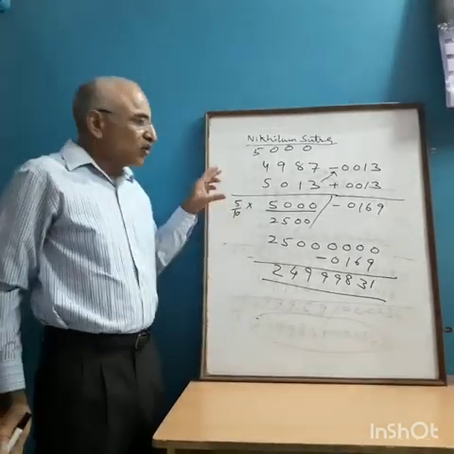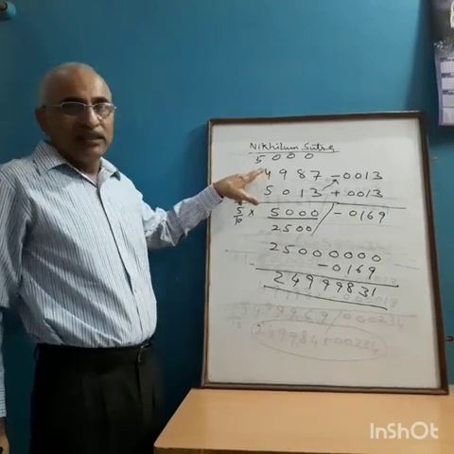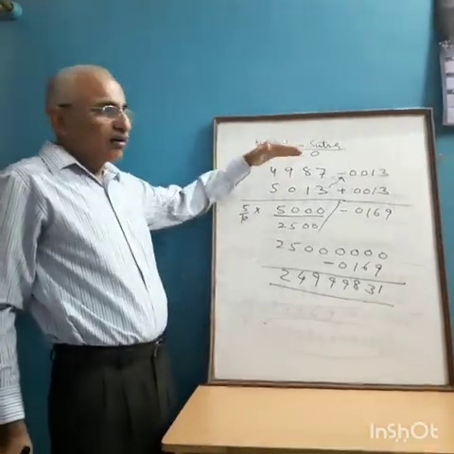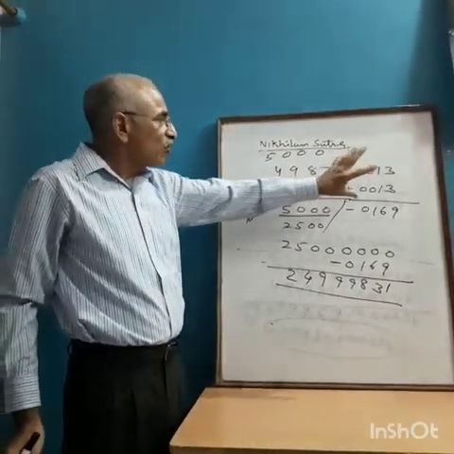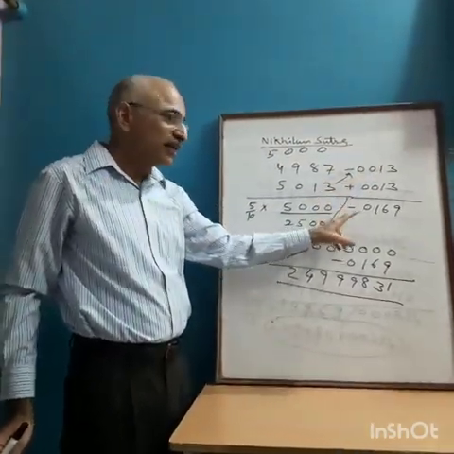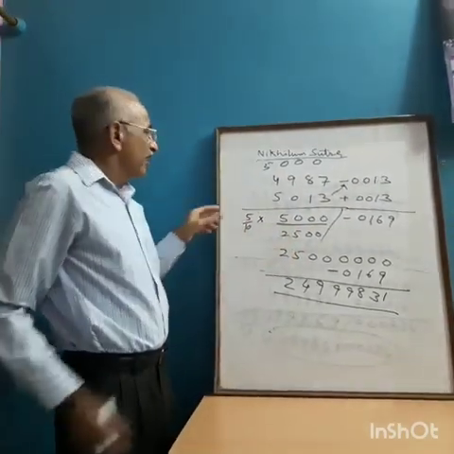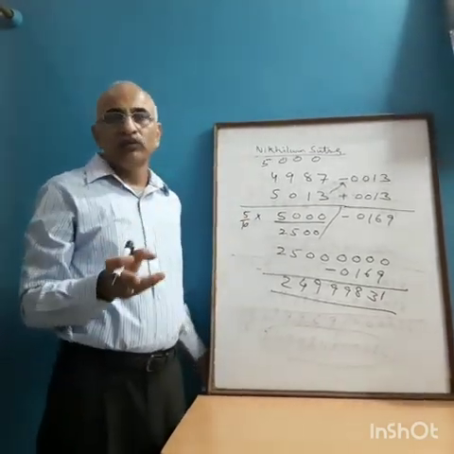Here, one should be very clear that if one number is larger than the base number and the other one is smaller than the base number, then the product of their differences should be negative, and in that case you have to subtract. Otherwise, the rest of the steps are similar to the previous steps.